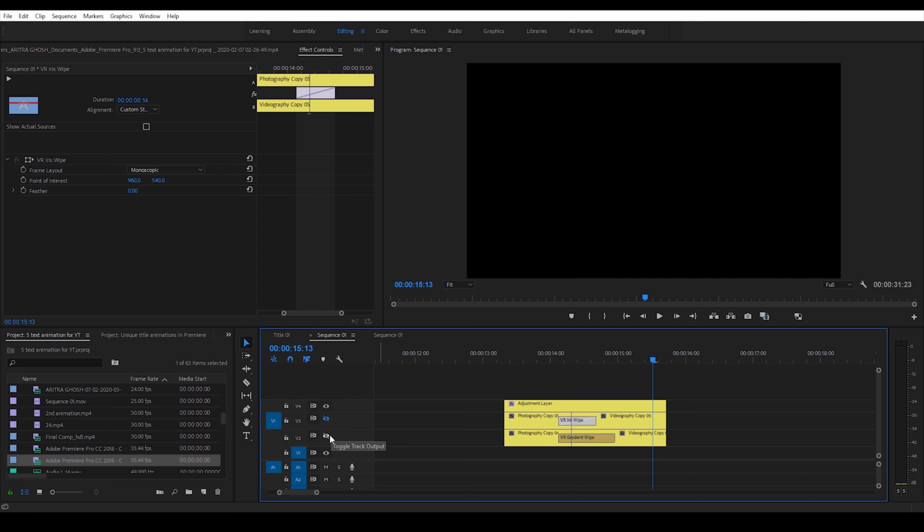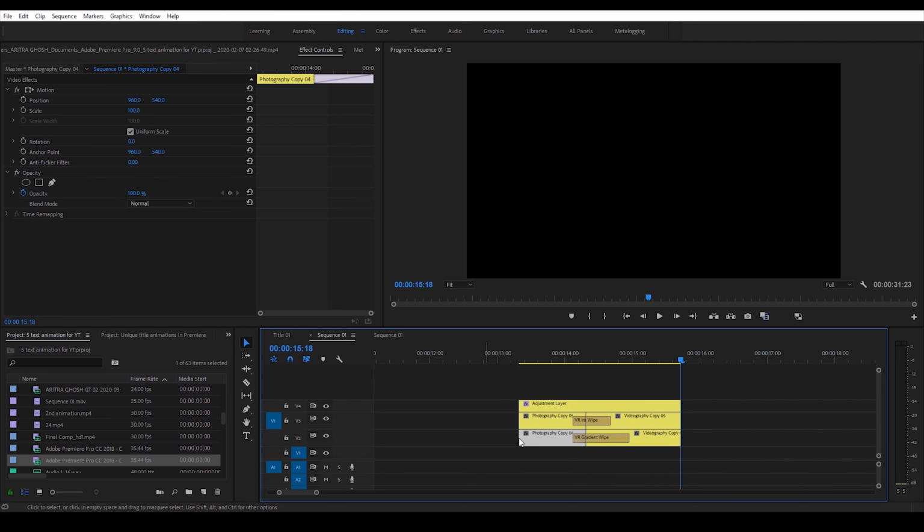And again, if we just switch off the middle layer, then we can see the individual effect of the lowermost layer with the adjustment layer at top of it. Now by combining these two effects together, we can create some really complicated but very nice looking text animation inside Premiere. At this point of time, you might be wondering what are the exact effects that you will look for